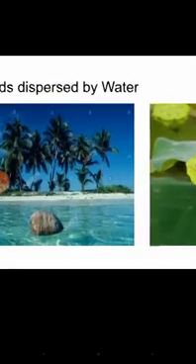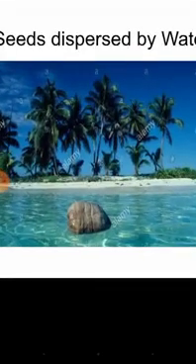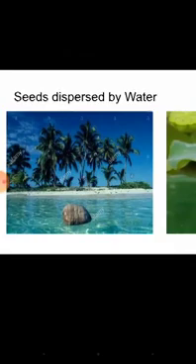Look at this picture. Here I have shown you the coconut. It is a beach, I think. Nearby you can see a lot of coconut trees. One of the coconut seeds, that is a coconut, has fallen on water. It may be carried away by the water. Due to water current, it may be carried to some other place, and wherever it goes and settles, near any seashore or banks of the river, the seed will start to germinate and grow as a new plant.